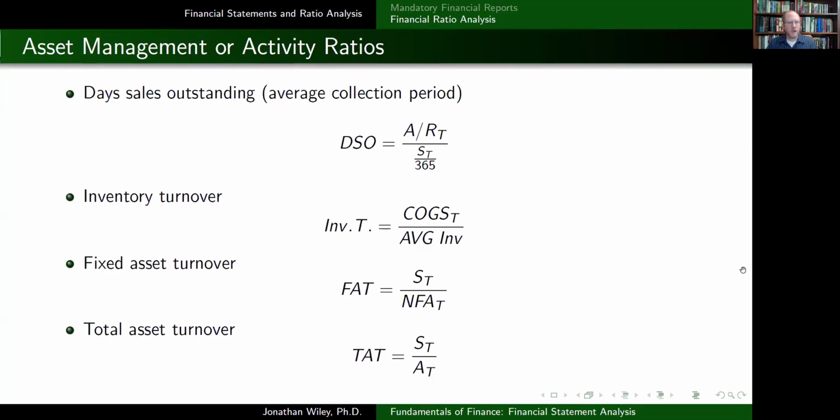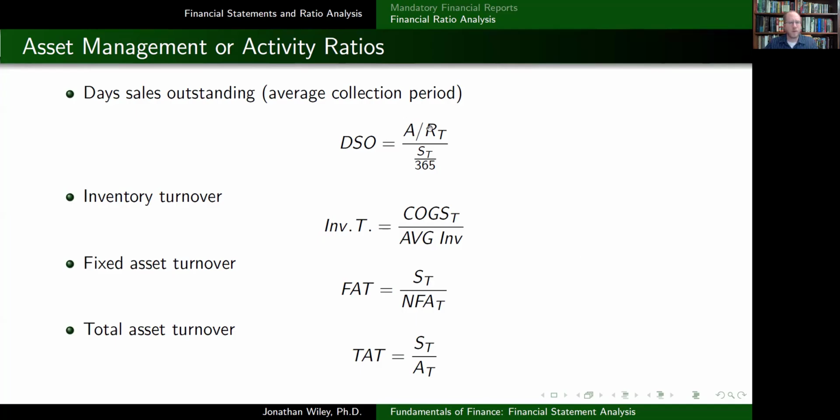In this video, I'm going to talk a bit about some asset management or activity ratios. So let's start off with days sales outstanding or the average collection period. To find the days sales outstanding or the average collection period, you take the accounts receivable, which I'm using A/R